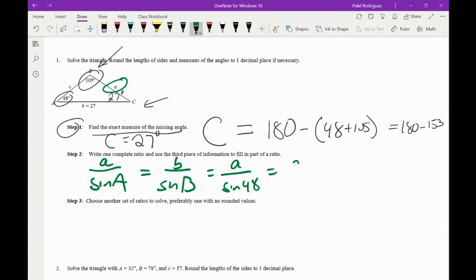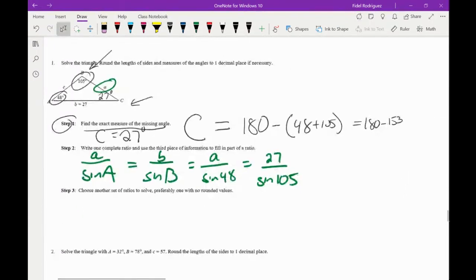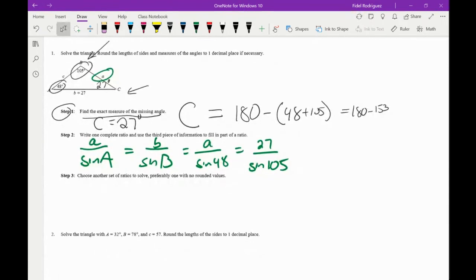a is equal to little b, which is 27, divided by the sine of angle B, which is 105. Since we're trying to solve for little a, I'm going to multiply everything here by the sine of 48 degrees so that this one cancels. That leaves me with a equals 27 sine of 48 over